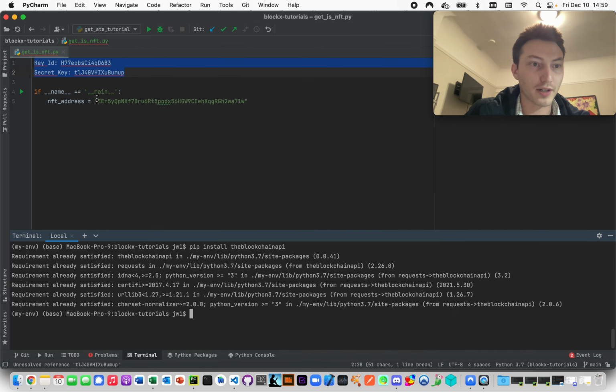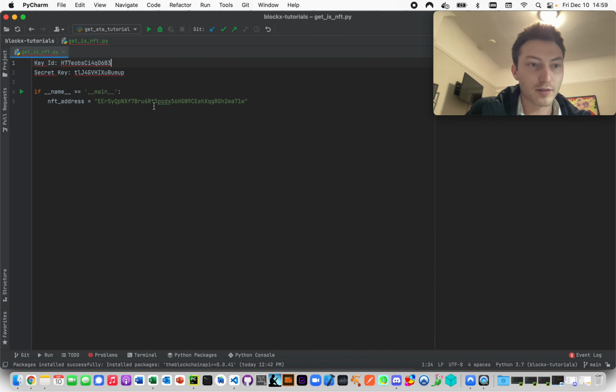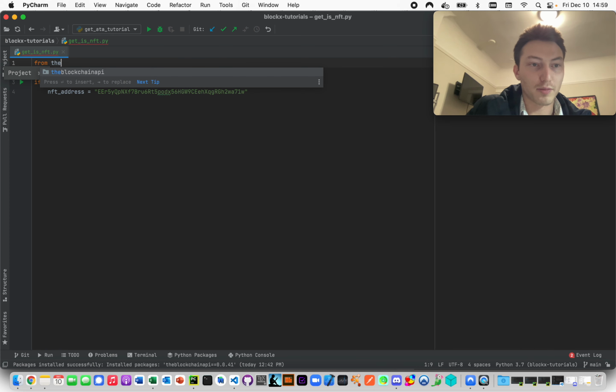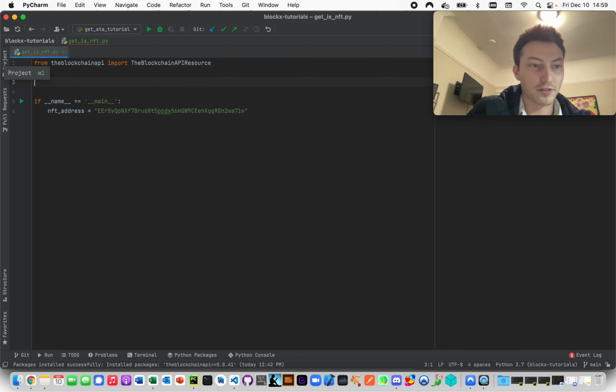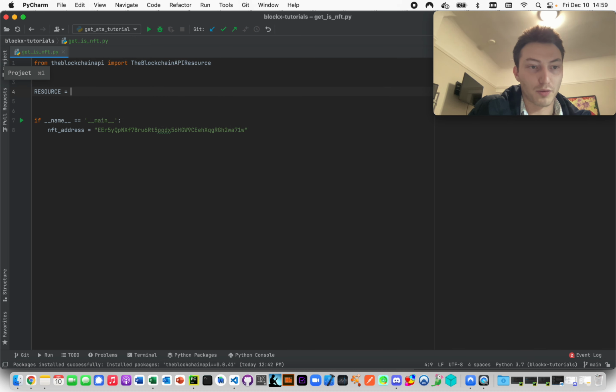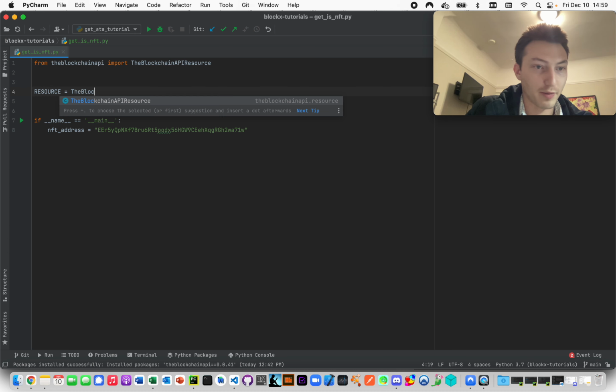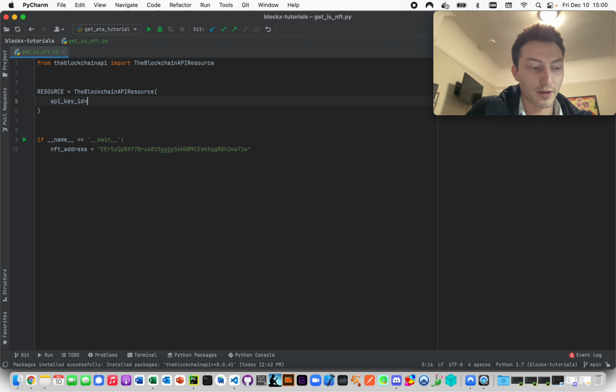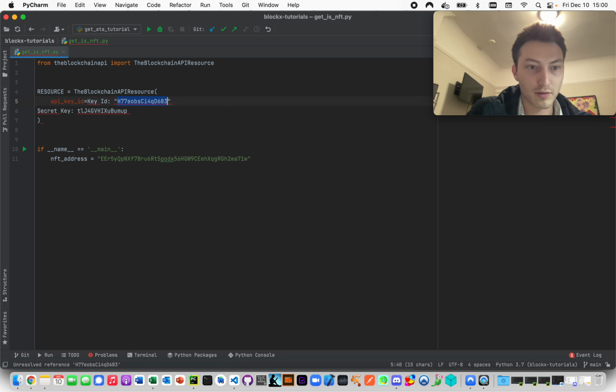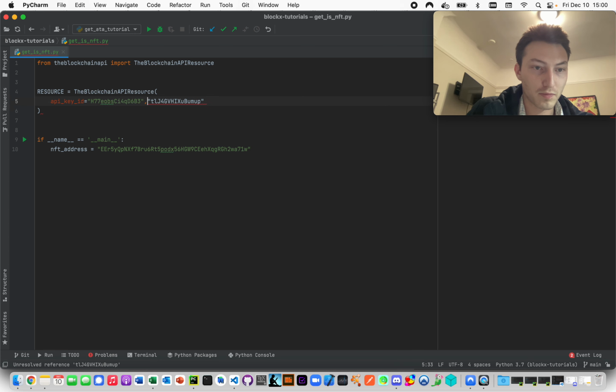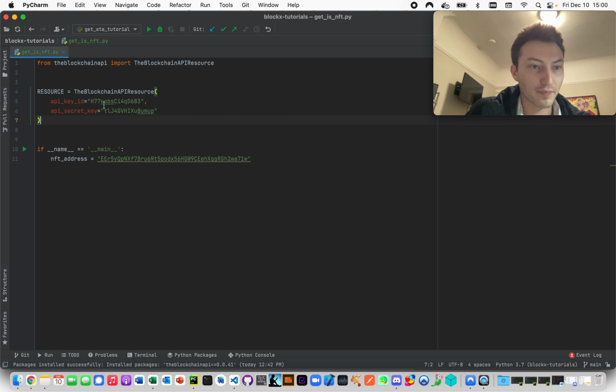Okay, so now up here, just from the blockchain API, import the blockchain API resource. This is the class. It's going to have all of our methods for calling the API. Then we just want to initialize this with our key pair. Now we just have to say results.get is NFT, and there are two things we have to provide. We have to provide the address,